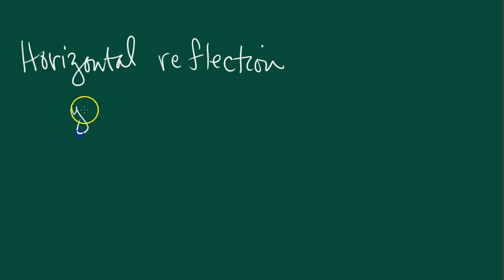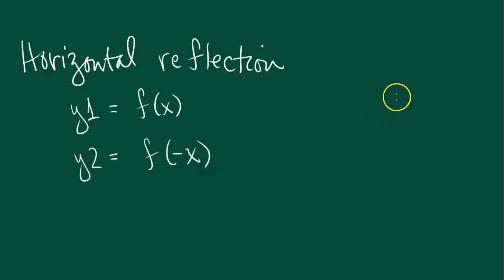So if our first y equals is f of x, then let's let our second y equals be f of -x. Now, if we started with a parabola, we wouldn't even be able to see what happened, because the parabola, after all,